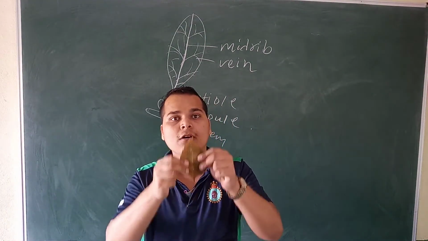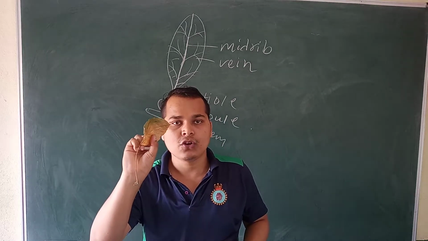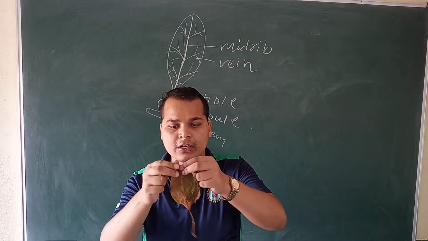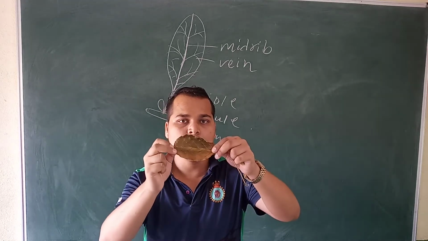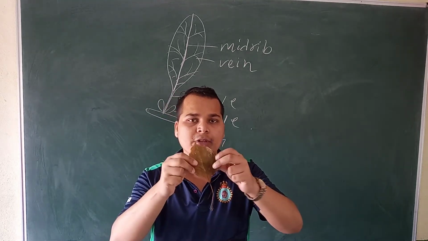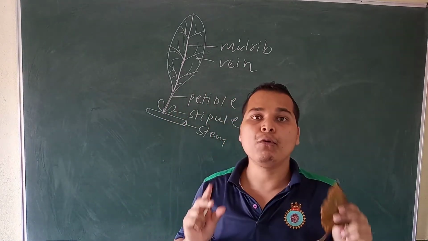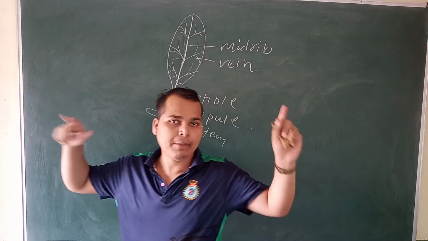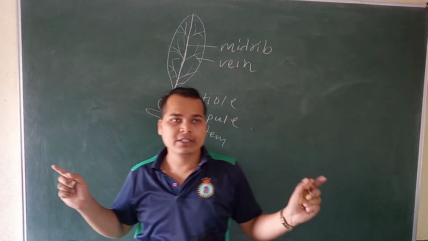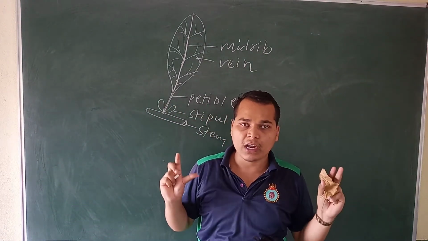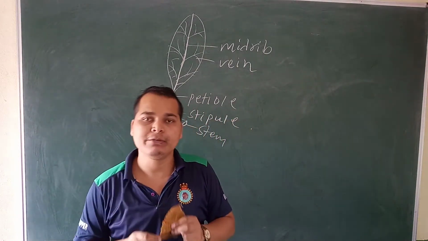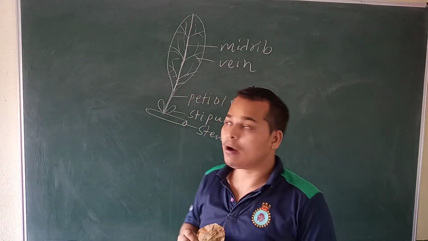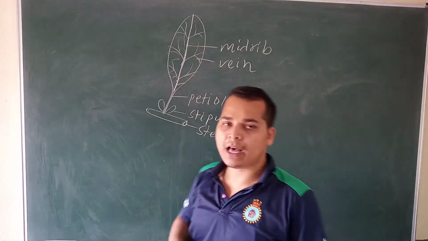Yes or no? You can take a leaf, okay, and observe carefully. You will find that the veins look like the bones of our body. The bones in our body spread everywhere. Yes or no? Why? Because they protect our internal organs. Like this, the leaf has veins, spread through all parts of the leaf.